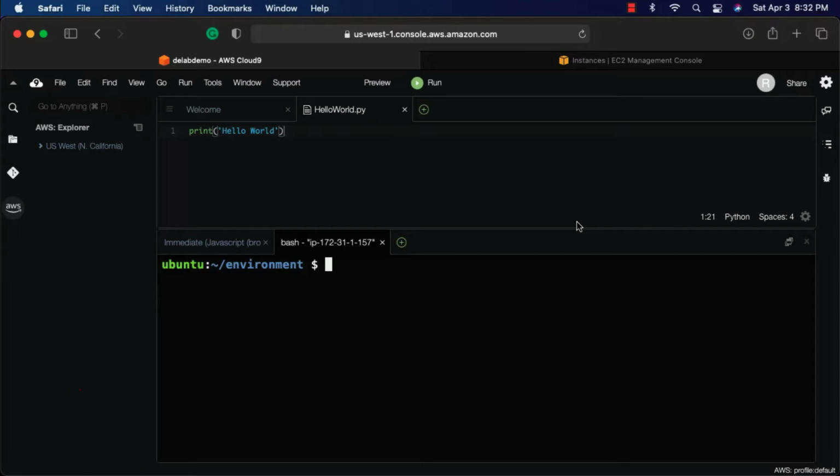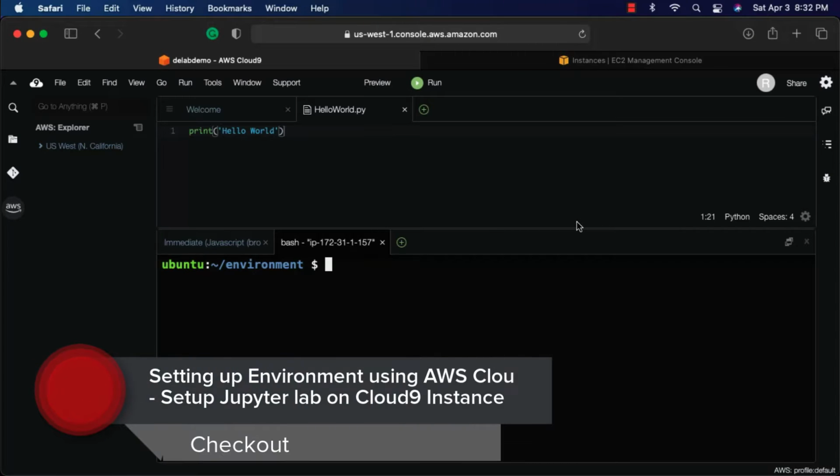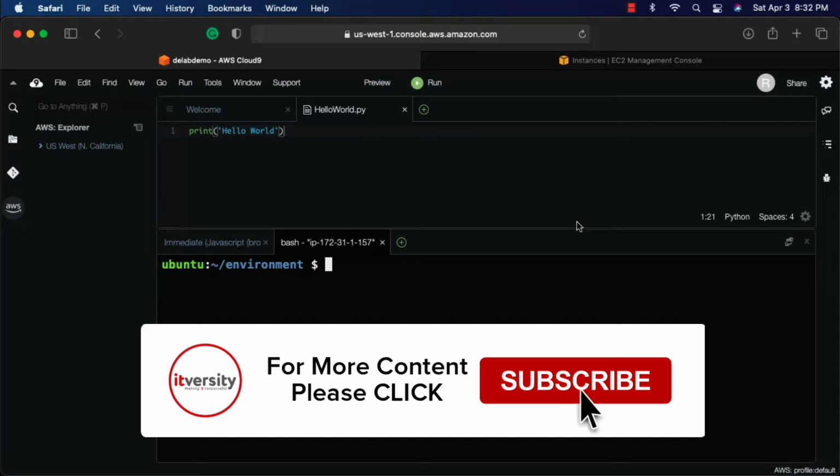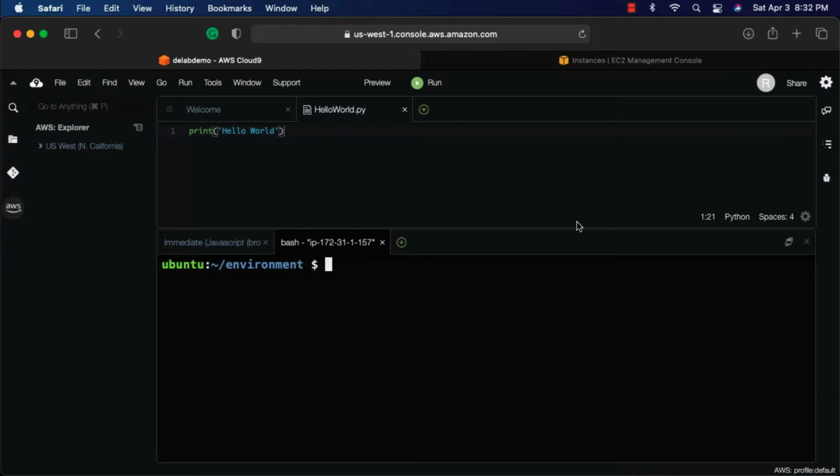As part of this topic, I'll demonstrate how to set up Jupyter Lab on this Cloud9 instance. First, we will validate whether Python 3 is there or not. Once we confirm Python 3 is available, we'll be creating the Python virtual environment. The Python virtual environment will be created using Python 3. Once the Python virtual environment is created, we'll activate it. Once it is activated, we'll be installing Jupyter Lab using the pip command. Once Jupyter Lab is installed, we'll be starting a web service associated with the Jupyter Lab. We'll also see how to access that web service from our browser. Let's go through these steps one at a time.